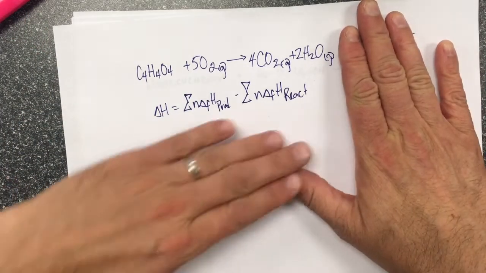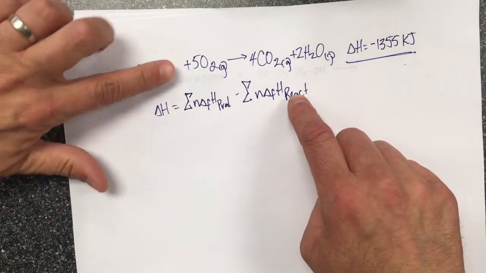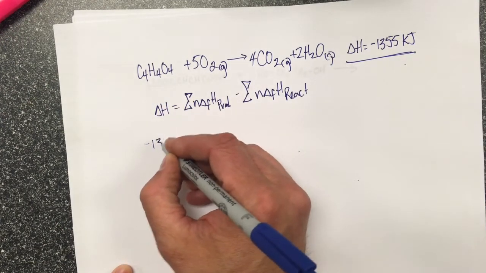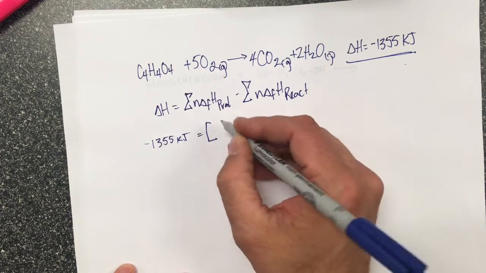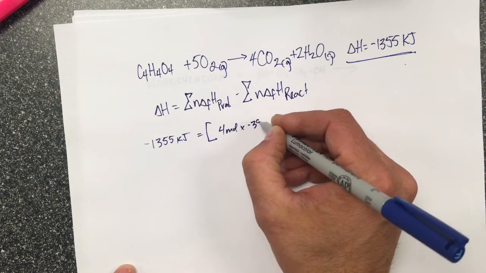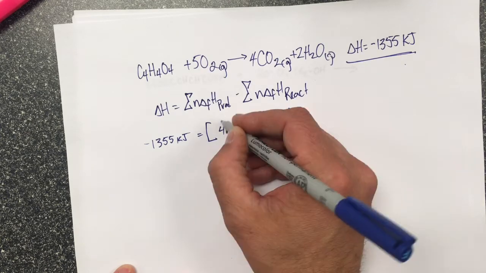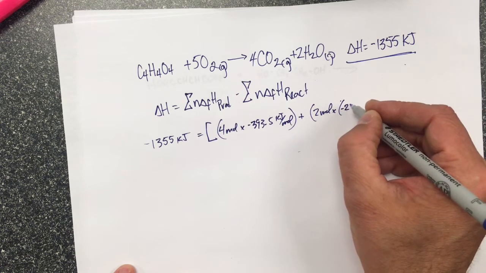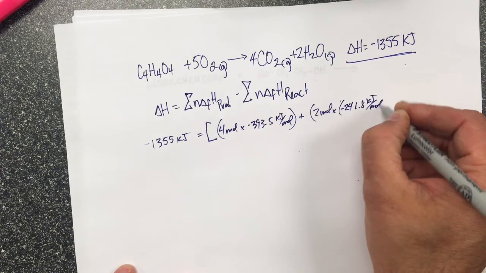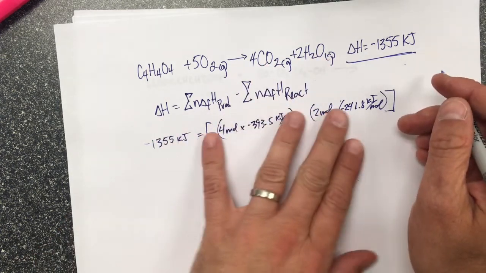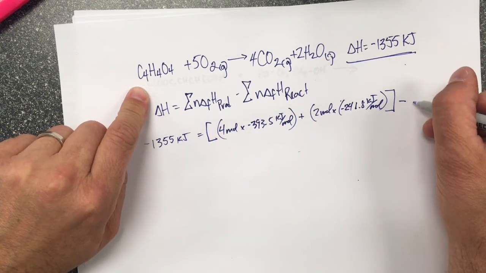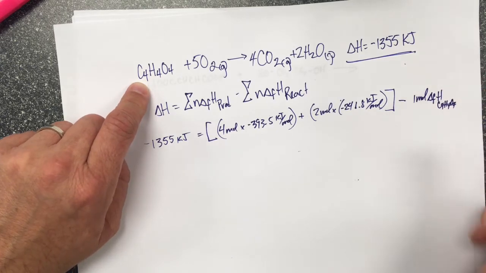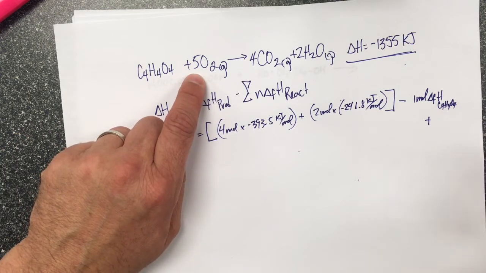Now, because I know that, and I know Hess's law using formation enthalpies, I can calculate this formation enthalpy using this. So this is going to be a little bit of a slog, but this value is negative 1,355 kilojoules. It's going to be equal to 4 mole times negative 393.5 kilojoule per mole, and that's the formation enthalpy of carbon dioxide here, plus 2 mole times the formation enthalpy of negative 241.8 kilojoule per mole for my water vapor. So I've got the products minus the reactants. Now I want to find this. So it's minus 1 mole times the formation enthalpy of C4H4O4. Okay, so that's what I want to find, plus 5 mole times the formation enthalpy of oxygen, which is